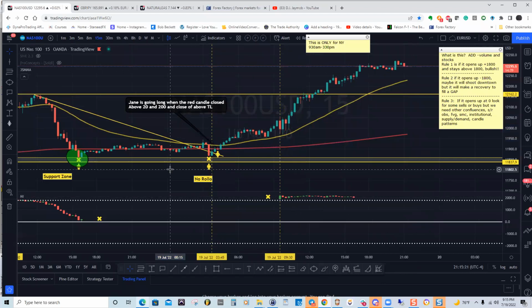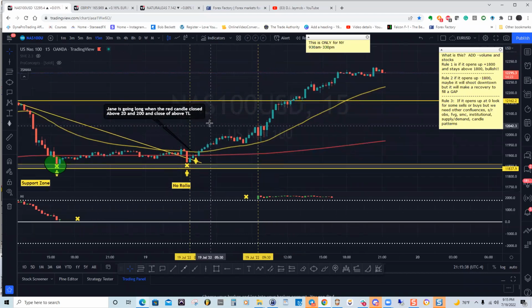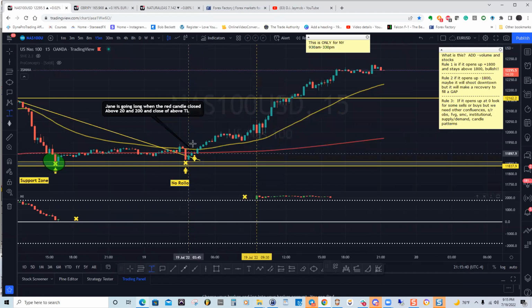And then look how far apart the 20 and 200 EMAs are too. The 20 is above the 200 too. And once that second blue candle closed above the yellow, it was going up. And I would have added on when it retested that yellow over here. Yeah. Okay. So you would have had